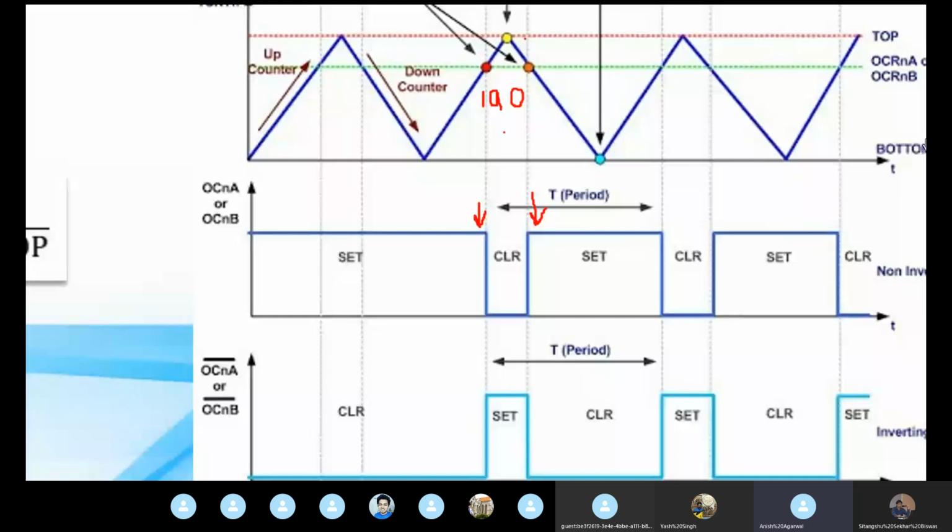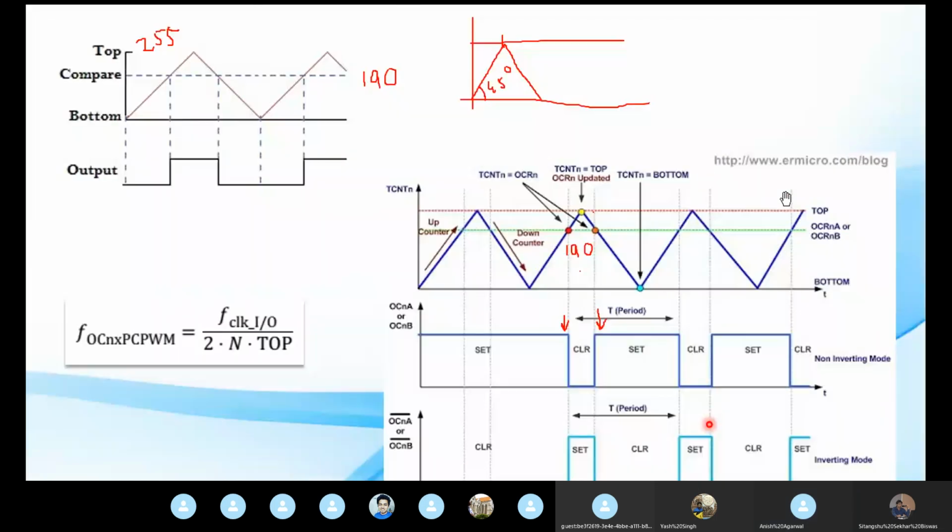Now, can you just zoom out? So here you can see where we are showing the two pulses, and at the left top corner, for simplicity, we have just shown one pulse. In simple words, it starts counting. As soon as it encounters the value, it sets the bit to high, and then while down counting, when it encounters the value, it again sets the bit to low. Next slide.